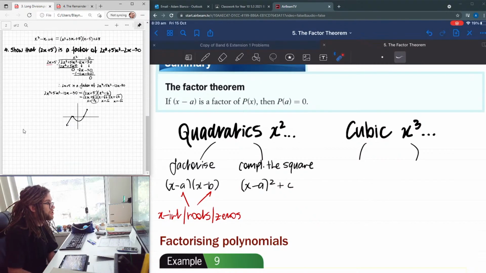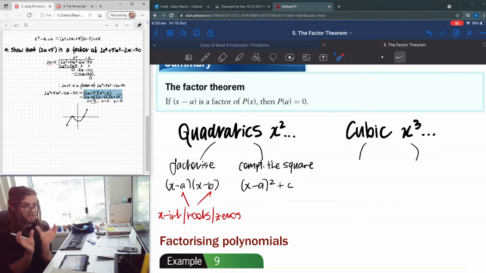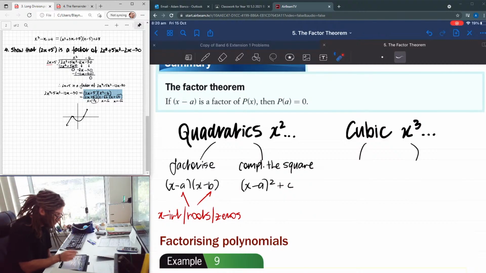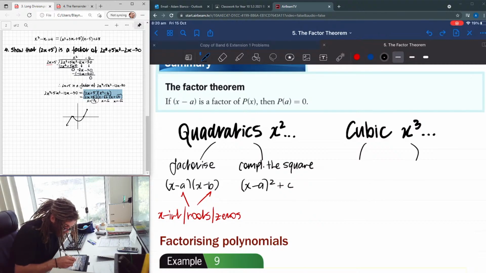Most of the questions, well, all the questions we've had so far, give us a factor. Like this question I went over, it said show that this is a factor, and then I was able to rewrite it using this, and you can see that when I ended up with this 0 here, I didn't have a remainder on the end. I just was able to represent this thing in terms of its factors. So we've kind of got two things we can go from here. We've got, let me write it here, the remainder